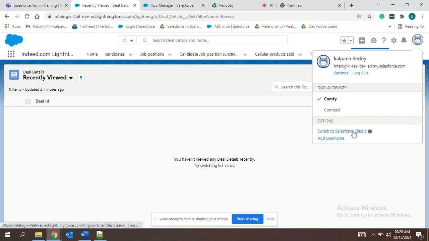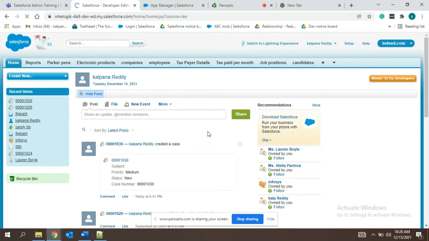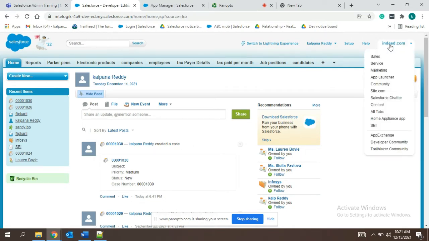But Salesforce Classic is the old display, the older application which was used for Salesforce. Currently it has been upgraded, so it is always advised to work in the Lightning experience. But still, it is necessary to have knowledge of this also. So here, this is Salesforce Classic. We can see the applications which I explained, that is Sales Cloud, Service Cloud, Marketing Cloud. So applications based on their functionality have been added here.